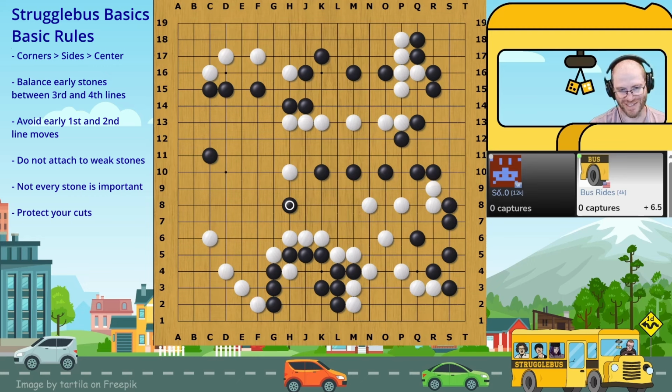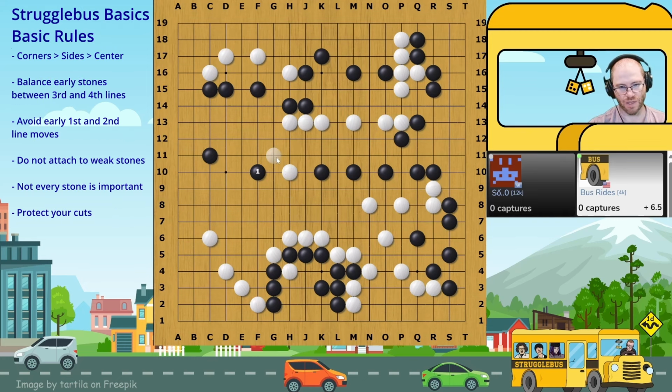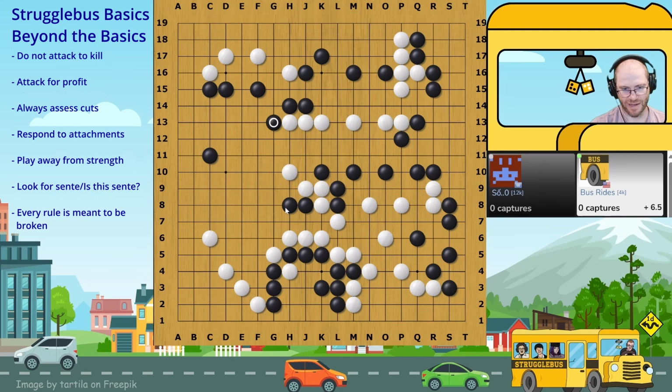So this all seems reasonable until here. I think this is a bit of an overplay. I think black needs to recognize that there's no more attacking this group. And so black just needs to move on, take their sente, and continue playing this game. Maybe with a move like this, just force us to connect up, and then maybe play here to turn this into some territory. But yeah, this is just a little too much, and I think black gets in a little bit of trouble